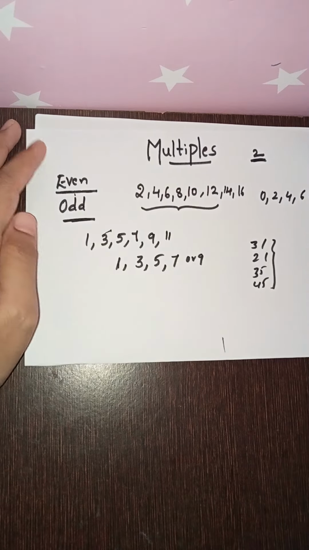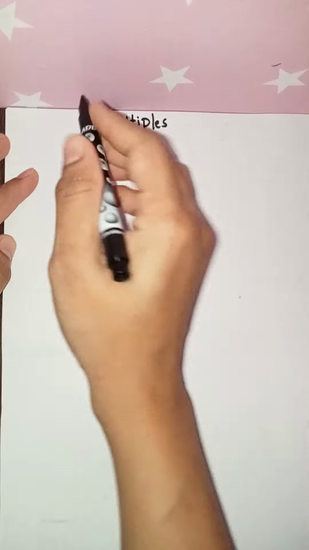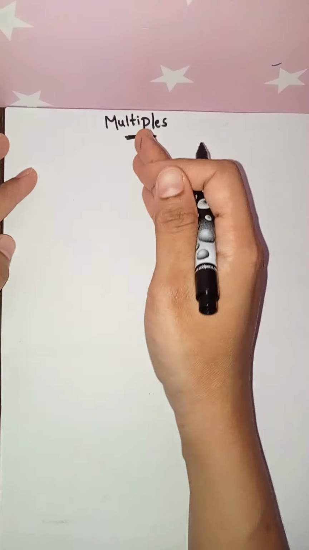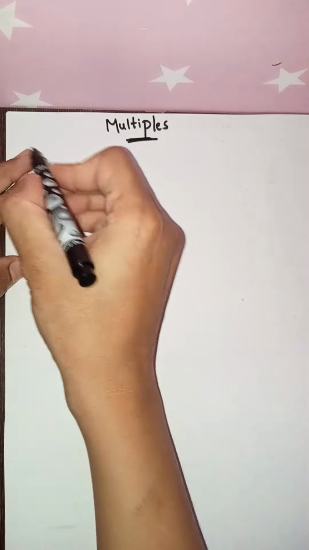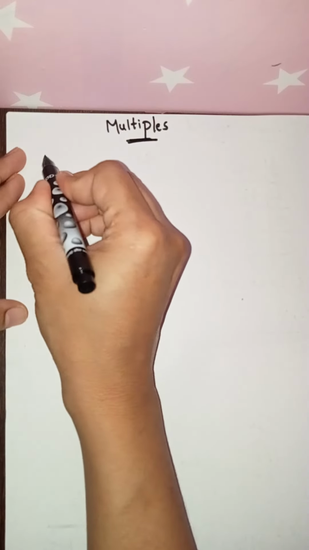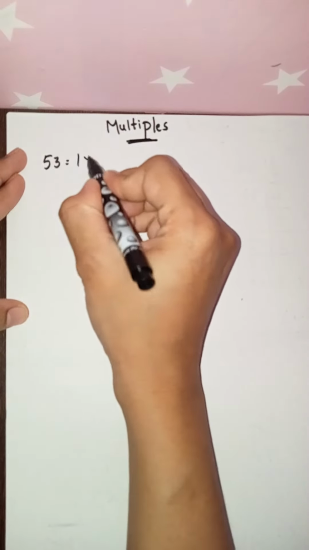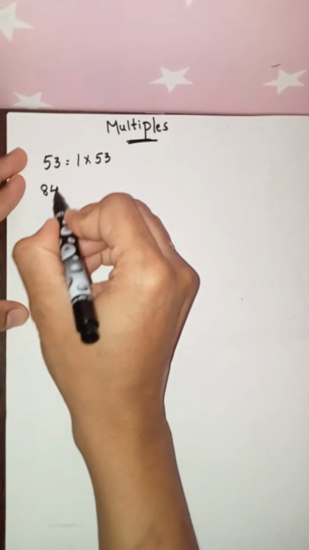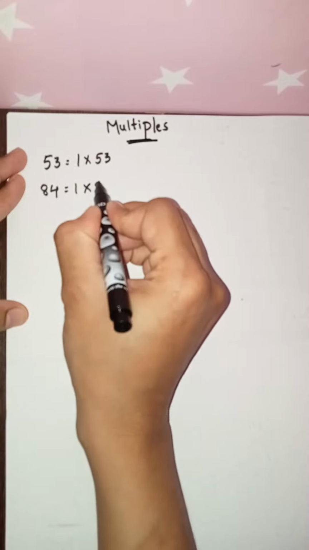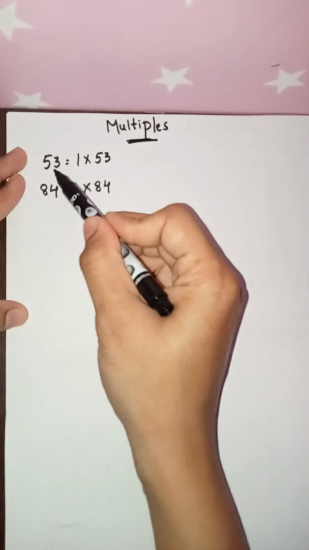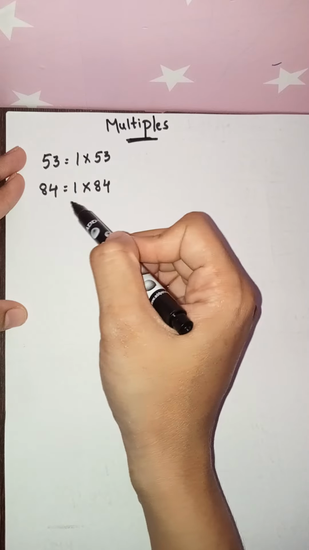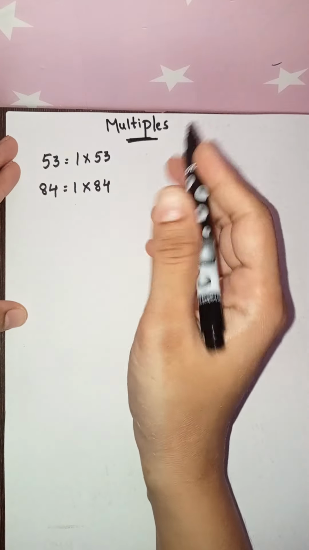Let's see what are multiples. A multiple of a number is the product of the given number and some other counting number. We have 53, which is written as 1 cross 53, and 84, as 1 cross 84. Here 53 is a multiple of 1 and 84 is a multiple of 1. So therefore